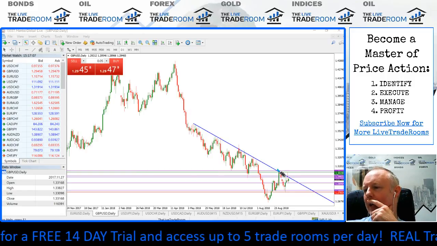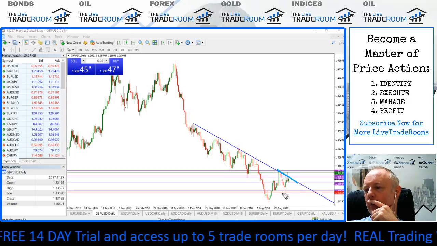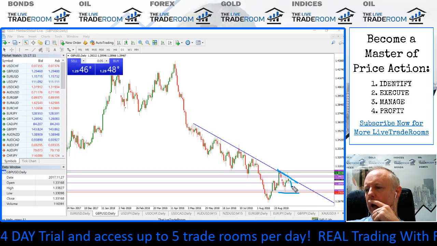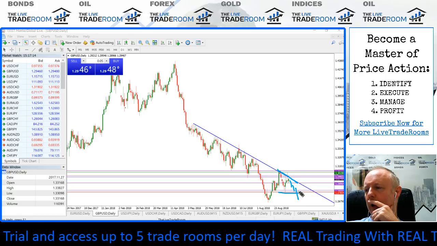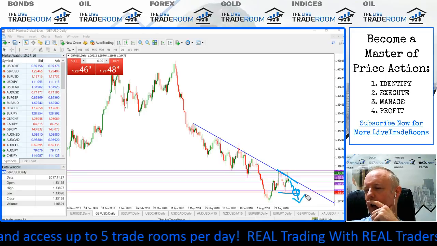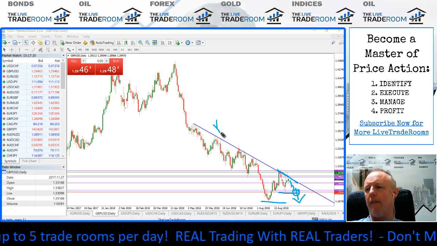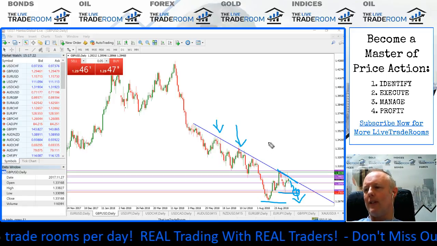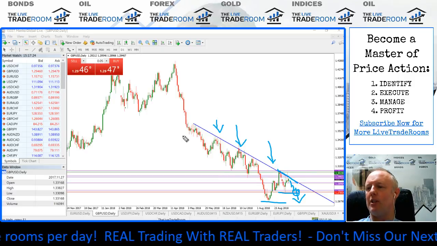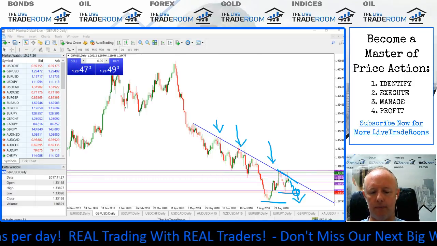Okay, so it's this resistance here that we need to be constructive and to break. If we got a really strong break below this level down here, the weekly low, then we'd be literally off to the downside once more. So be mindful of the downward pressure like we've seen in the euro dollar. The same situation applies in the pound dollar.